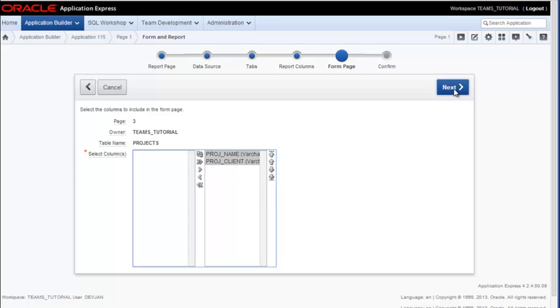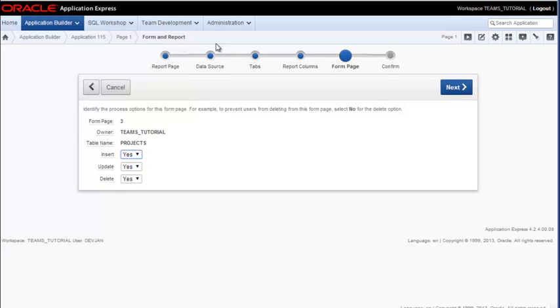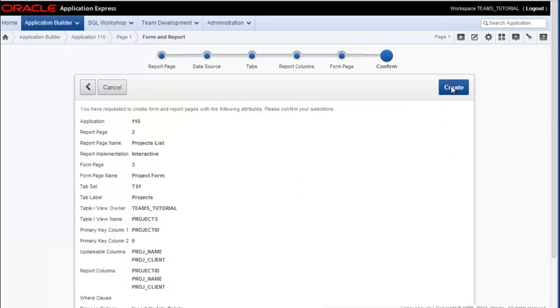Notice that Apex automatically hides the primary key field, and I will show you in a future video how to display this. It may not be something you want to show in the final application, but for development purposes I think it's very helpful to see the primary key and foreign key fields. And we have these actions, insert, update, and delete. You might want to modify these in an actual application, but for our purposes we're going to take the defaults. And now we have this final page before we actually click create,